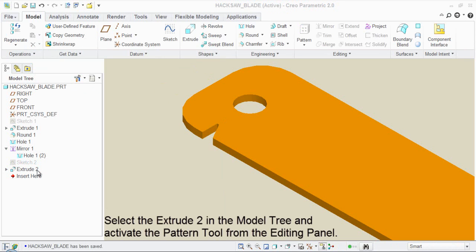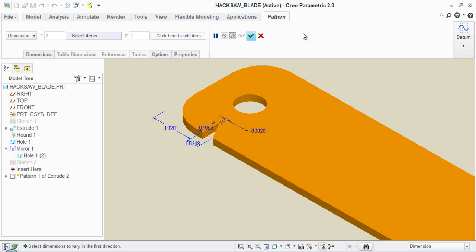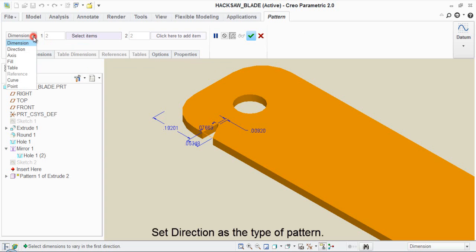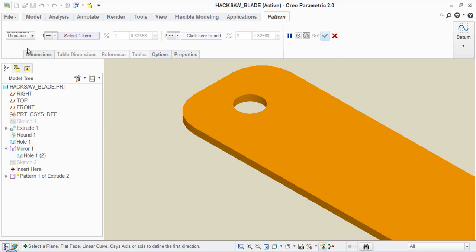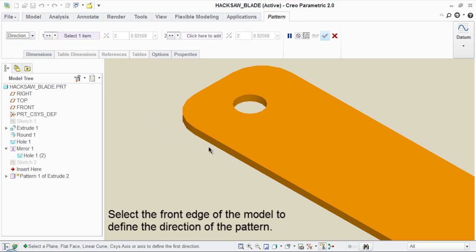Select the extrude 2 in the model tree and activate the pattern tool from the editing panel. Set direction as type of pattern. Select front edge of the model to define the direction of the pattern.